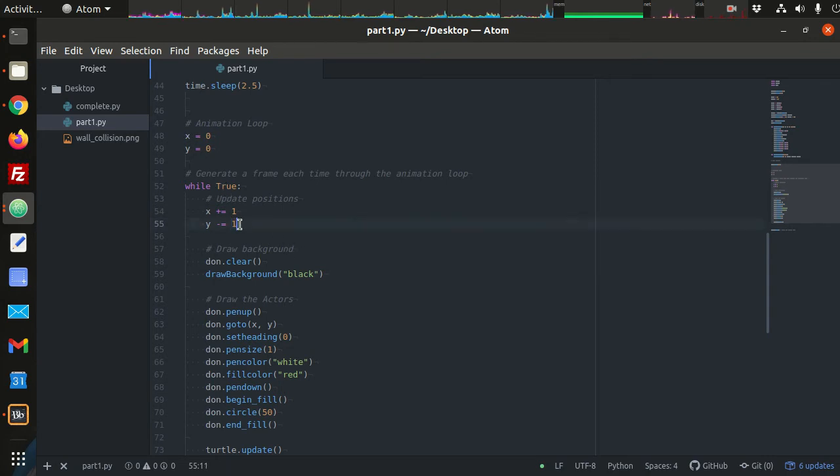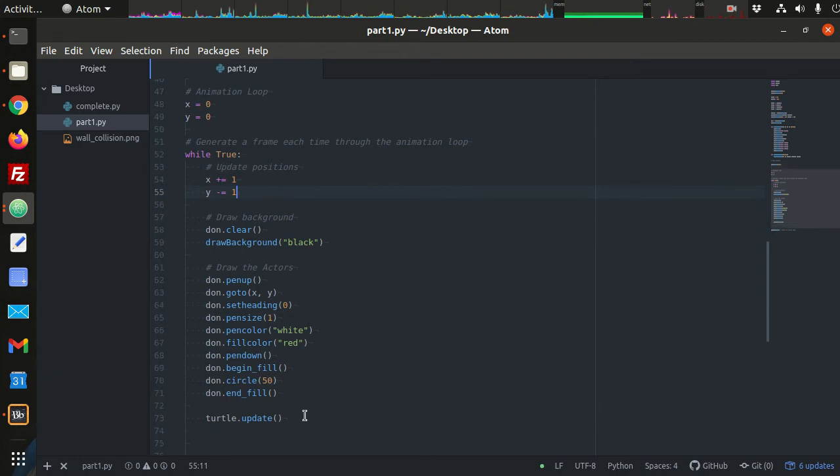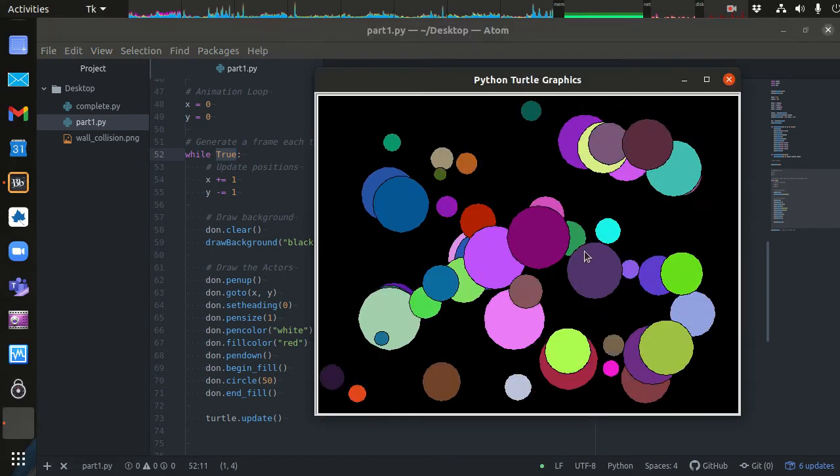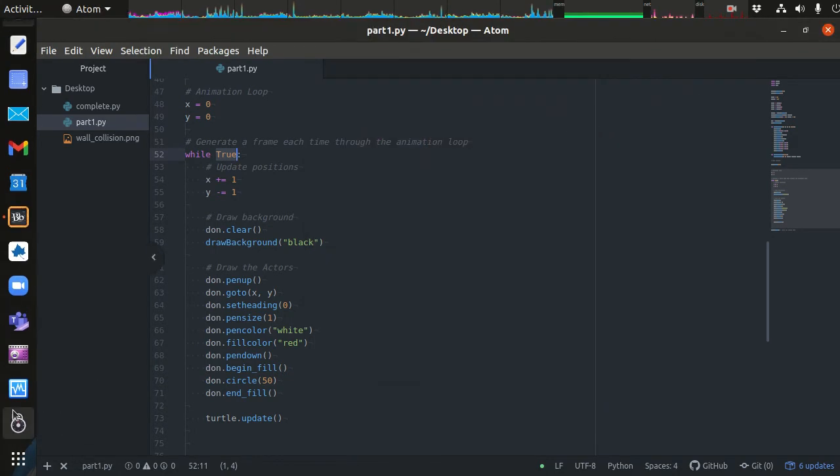One of the problems is this is totally dependent on how fast the machine you're currently running this on is operating, right? This while loop is going to execute as fast as the machine will possibly let it, and there's lots of factors for that. There's hardware. If you have a faster processor, this is going to run faster, but also other things running on your machine taking up compute cycles would reduce the speed of this, right? And we don't want that. We want a consistent look and feel, right? So in this, for example, no matter what system I run that on,